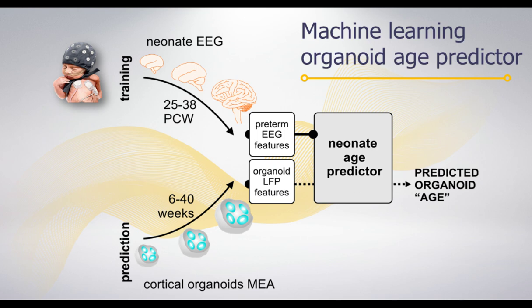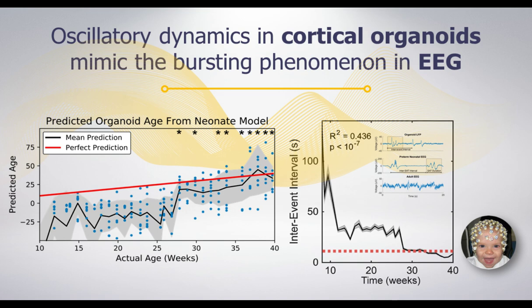After the machine was trained, we fed it the organoid data and the multielectrode array extracted oscillations. And then we ask, can the machine match the organoid features to the EEG features and predict the organoid age? And the data we have,